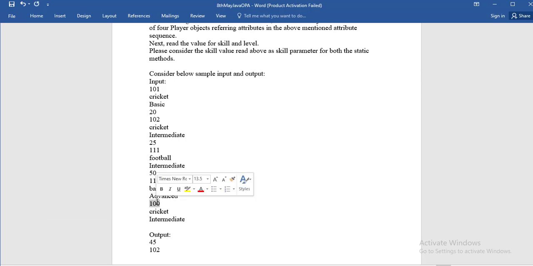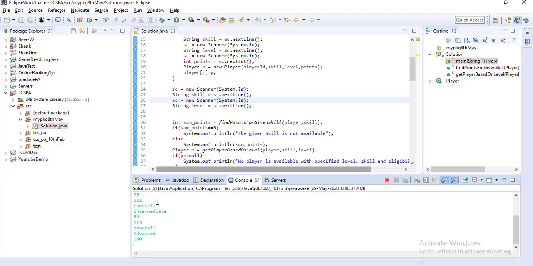So till 100, these are the four player objects created.